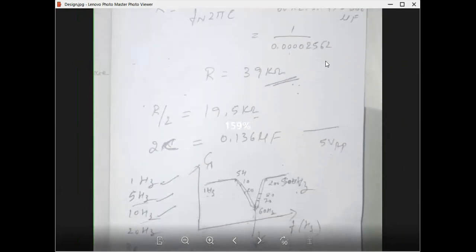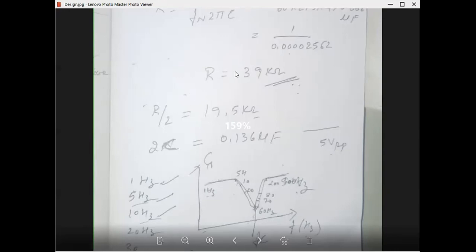So this is how we obtain the value of R equal to 39K. Here, R1, R2 and C3 form one T network. I have obtained the value of R here. Wait, I will show. We have obtained the value of R here as how much?